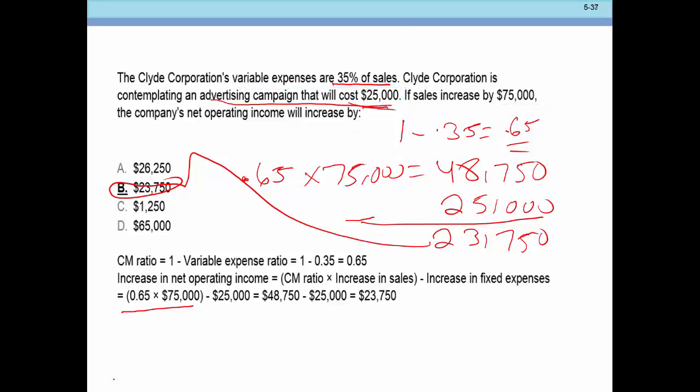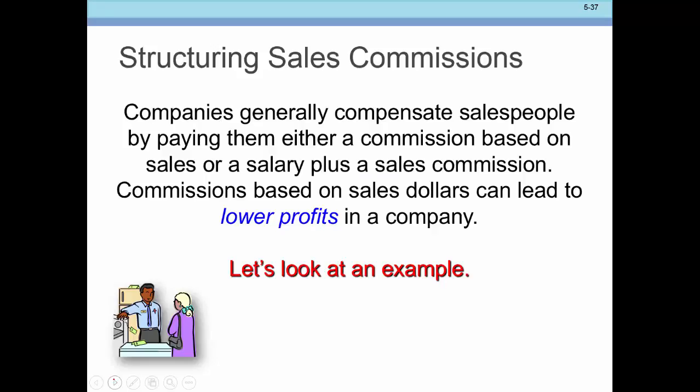Let's take a look at this notion of structuring sales commissions. What they're saying to us here is that from the standpoint of managing our sales staff, it may be a mistake if we base the commission on the sales price and the item with the higher sales price has a lower contribution margin. We want to sell the item that has a bigger contribution margin, don't we? Okay, so in this next example,